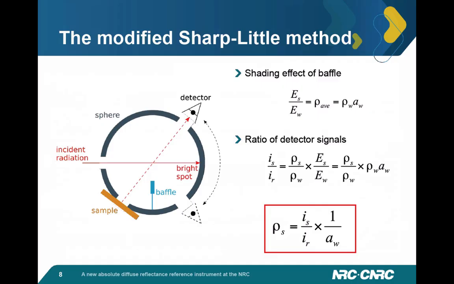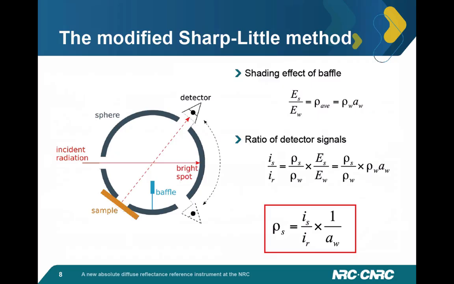We have a detector that's able to view the light reflected normally from the sample or else from a reference position on the wall. And finally, we have a baffle that prevents the sample from directly viewing this illuminated bright spot. The baffle is really the key component in a way. So if we consider the shading effect of this baffle in terms of its effect on the irradiance at the sample position versus the irradiance at this reference position at the wall,